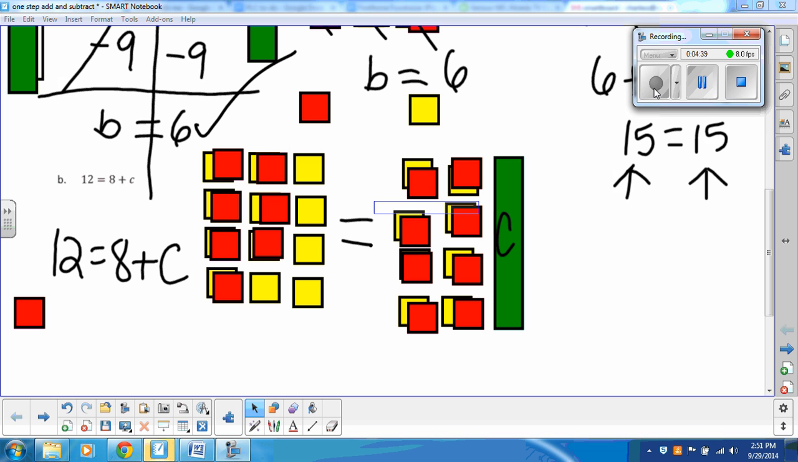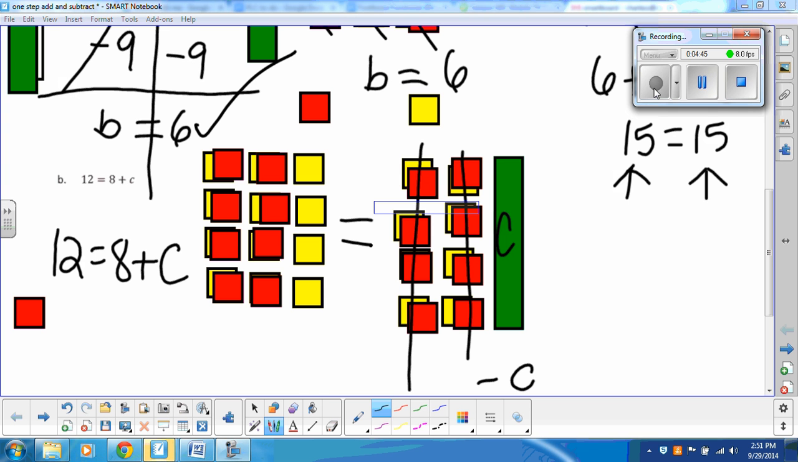So looking at that, I get all of these canceled, and I'm left with a c on the right side. So I've isolated the variable, and I've done exactly what I need to do with balancing the equation. What I do to one side, I do to the other, and I'm left with 4 positives. So working that algebraically with numbers,